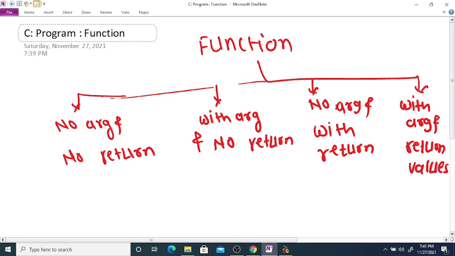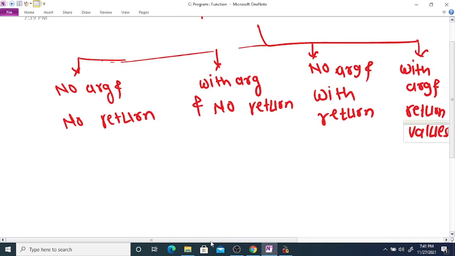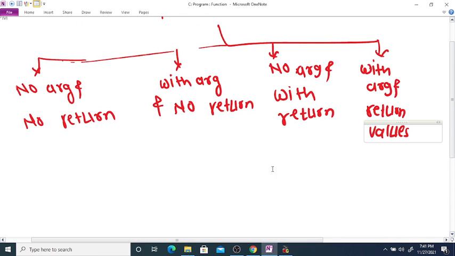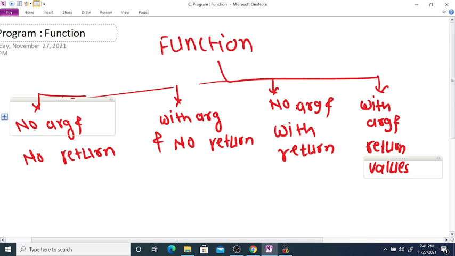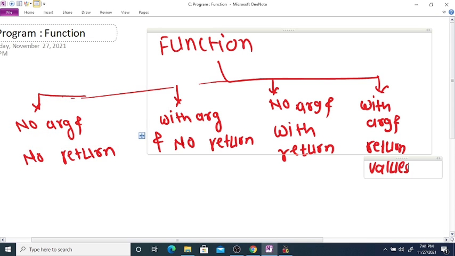So by using these four different ways, you can define a user defined function in C: no argument, no return; with argument, no return; no argument with return; and with argument and return values.